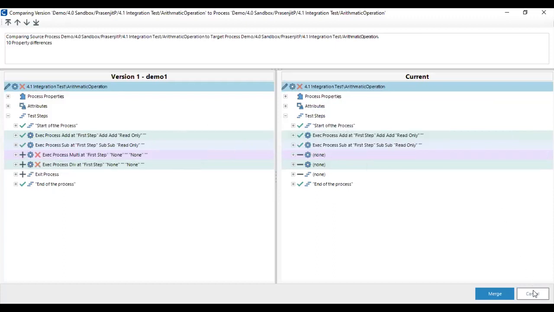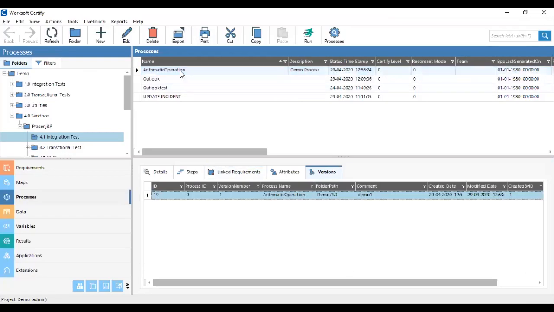Let's see, we'll change something in the process attribute. I have only the process type in my process attributes currently. There, the process type is process. In the current version, I'm changing it to sub process and saving it.